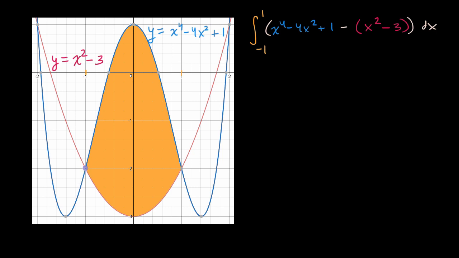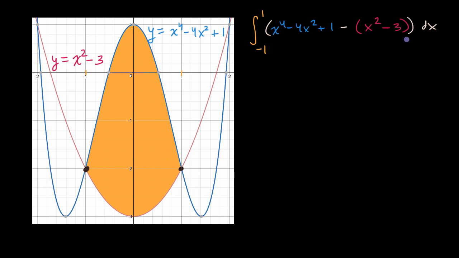Let me make that a little bit clearer. And you use the exact same argument if you plug x equals 1 here. In both cases, you would get y is equal to -2. So those actually are the points of intersection. And so that actually will be our bounds of integration. And once again, we have the blue function, but we are subtracting from that the red function because over that interval, the blue function is greater.